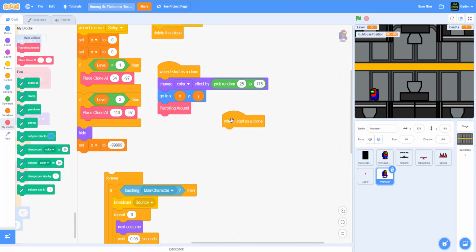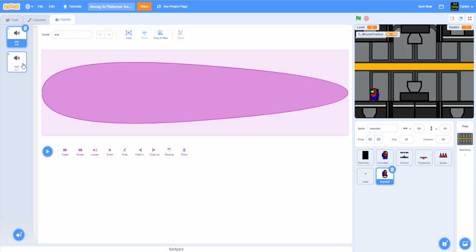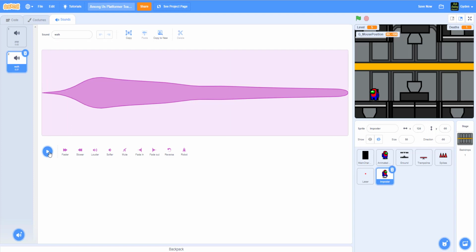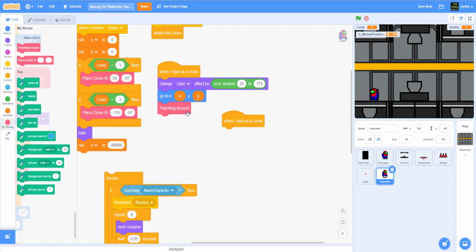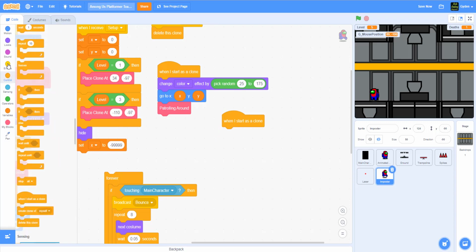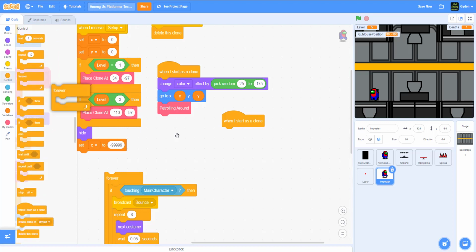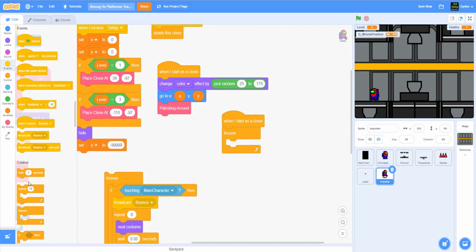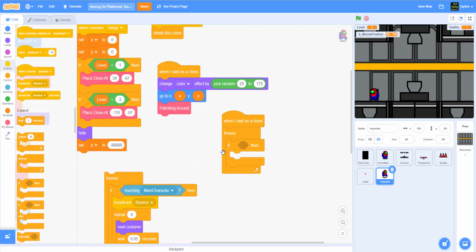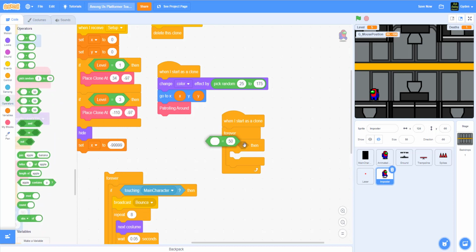Remove that. What I'm going to do is play the walking sound, just like what we had for the other sprite. It has this sound, right, walking. So we want to play that whenever we hit the 6 costume or something. So what you can do is get this forever loop here, put this under here, and then take this if condition, put this here, and then go to operator, take the equal,